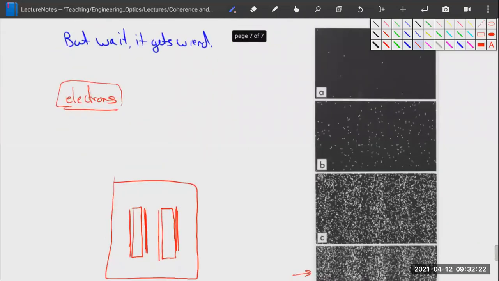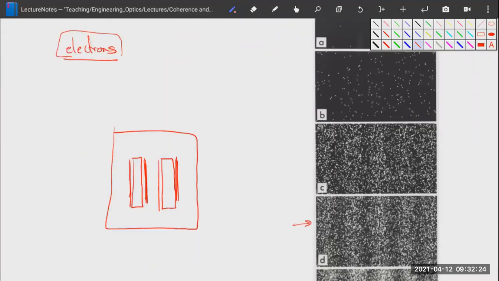Because you are somehow collapsing the wave function. Well, there are lots of different interpretations of this, but in the process of trying to measure which slit the electrons go through, you are forcing it to go through only one slit, and as a result, you get the single slit pattern. So it's just an incredible demonstration of how